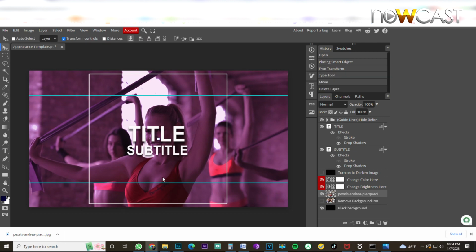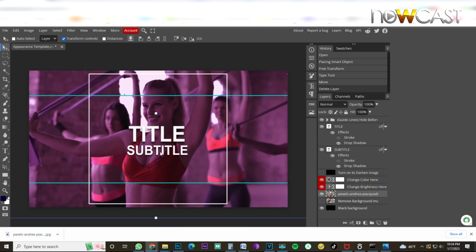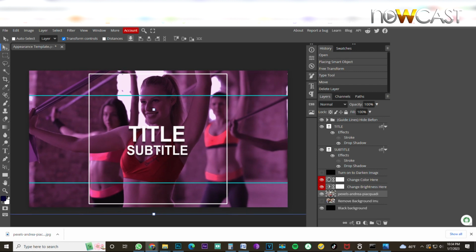Now at this point, I can drag the image around and reposition it to where it fits in all three boxes. As you can see, I got it inside the white box and the blue box. And of course, my canvas is the 1920 by 1080. Now once I'm happy with the positioning and the image size of my image, I'm now going to change the